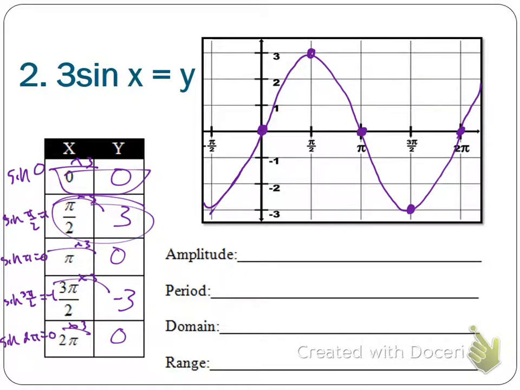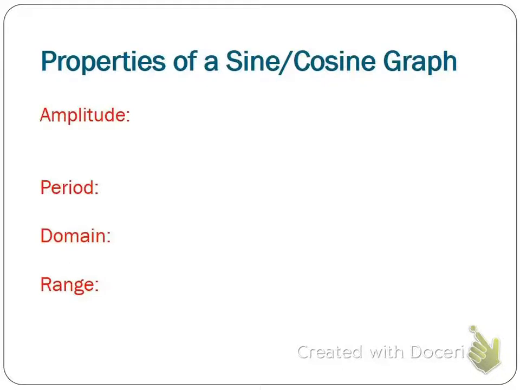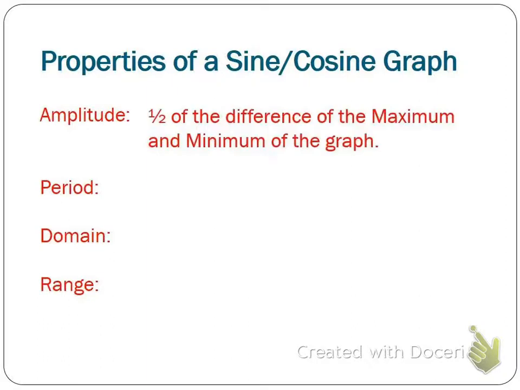Now, amplitude, period, domain, and range. Let's talk about those. Those are the 4 properties that we're going to want to be able to pick out for a sine and cosine graph. The amplitude, by definition, is half of the difference of the maximum and minimum of the graph. Well, another way to say this is the height of a curve from the x-axis,